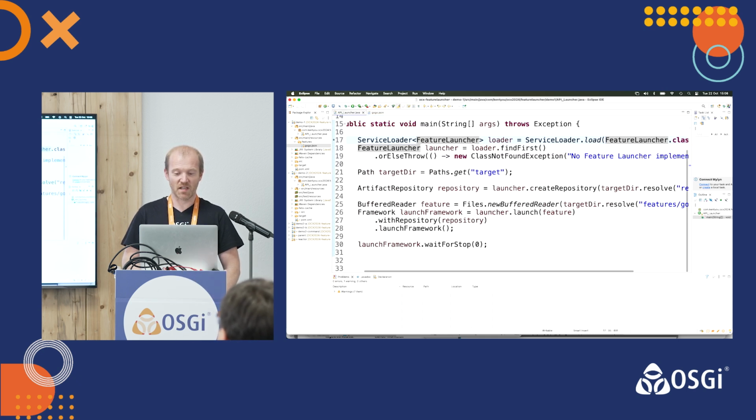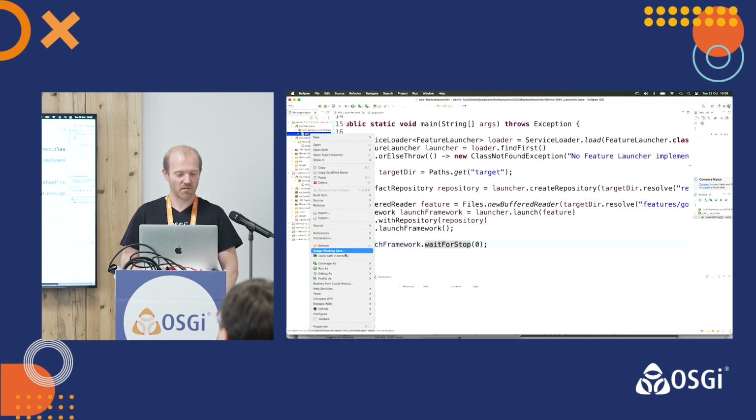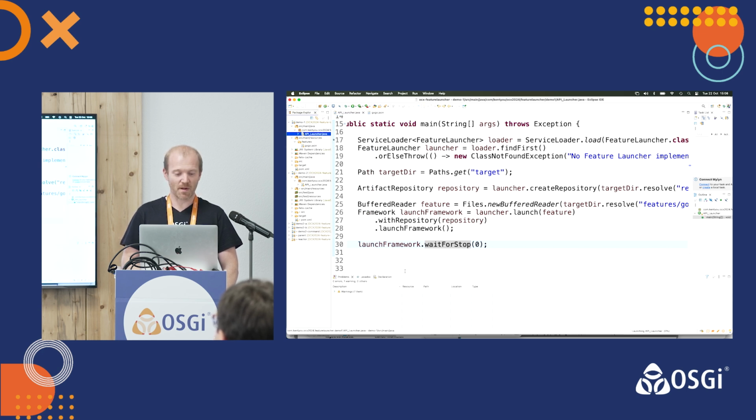And then we do our launch. We say we want to launch our feature with the repository that's going to find our bundles, launch the framework, and then a standard framework wait for stop, which is basically our way of saying, please don't exit while the framework's still running. So if I run this as a normal Java application,